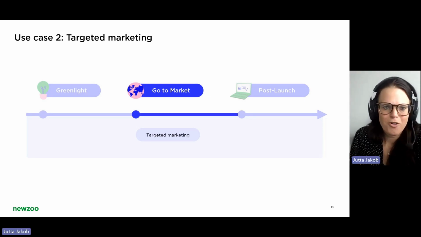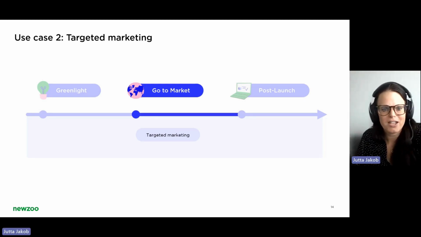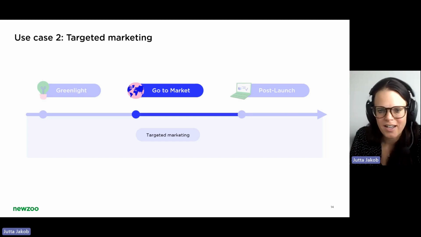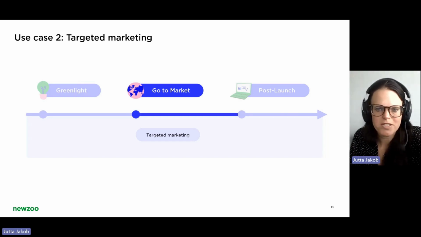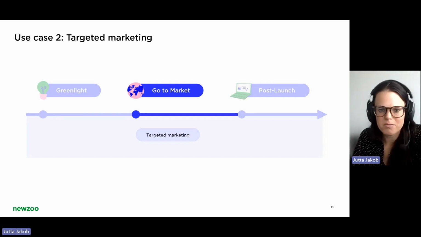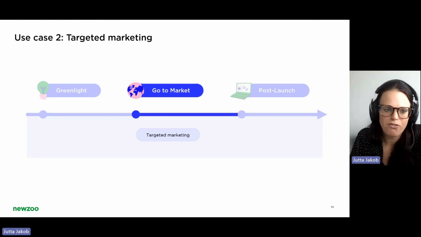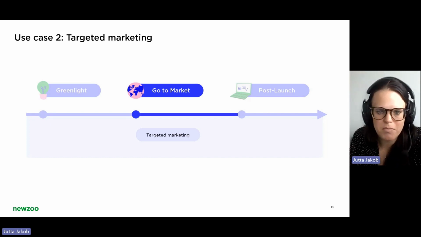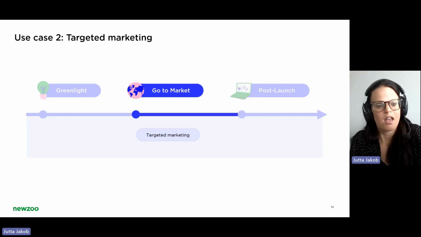All right, from the greenlighting stage to the go-to-market phase. From greenlighting to go-to-market, there are likely to be several iterations of Heroes of Newzoo as it is being developed. We have probably conducted more customized research to assess the appeal of the Heroes of Newzoo concept and refined the core target group based on new information and design changes being made throughout the process.